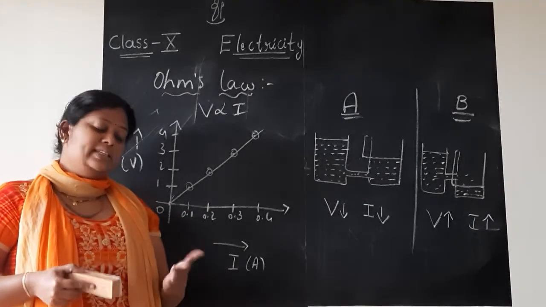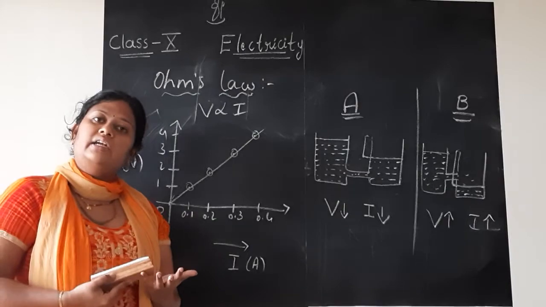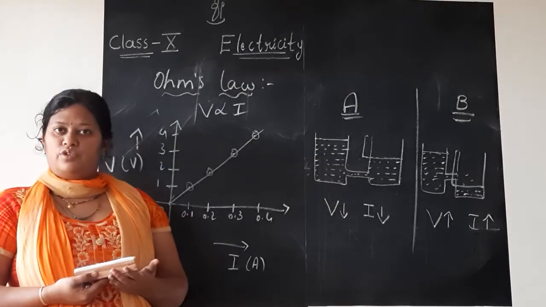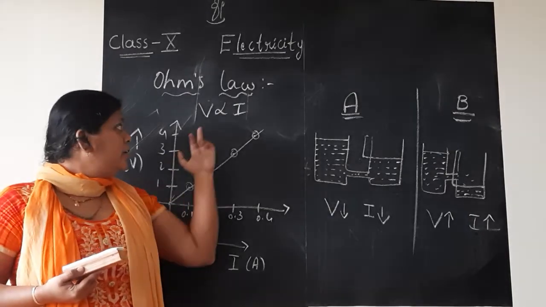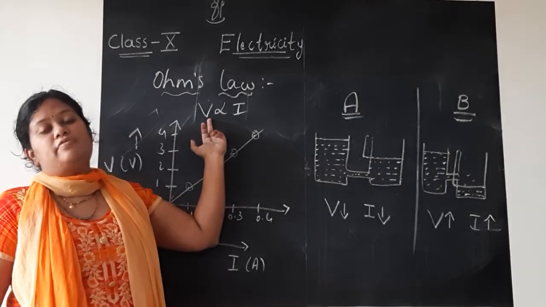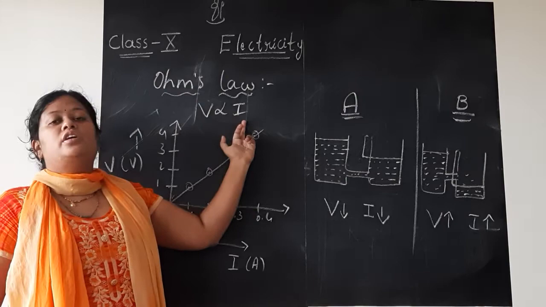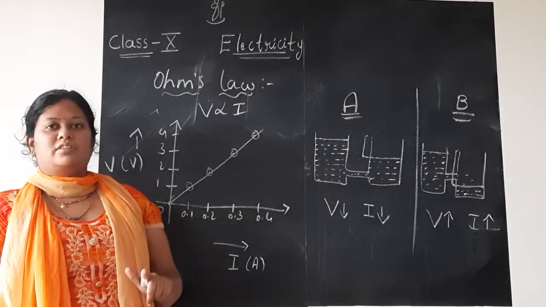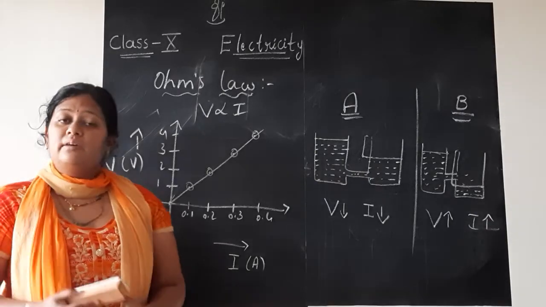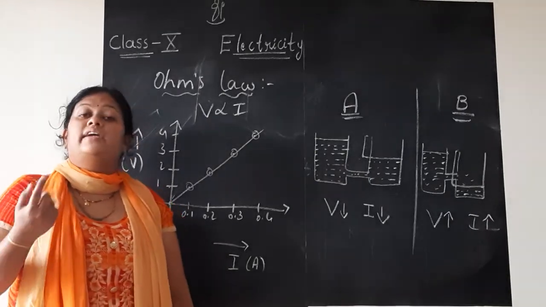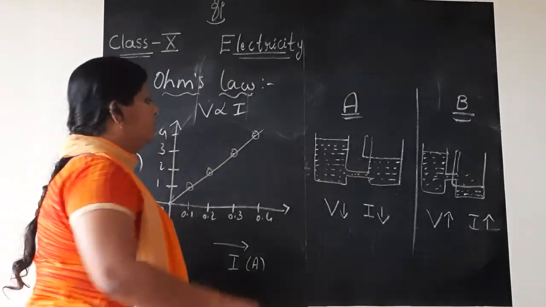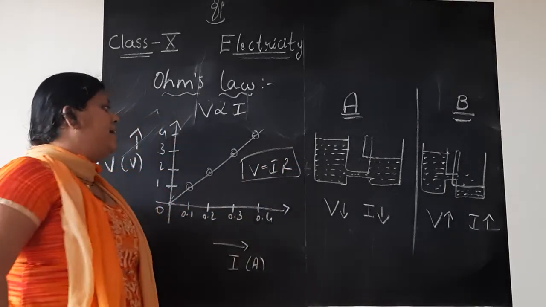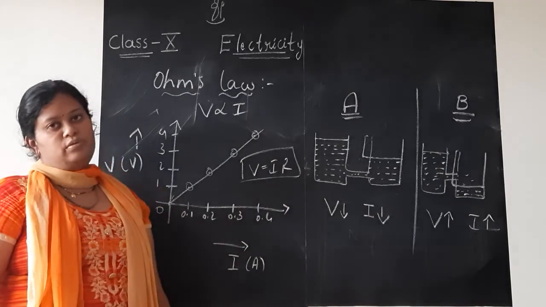What is Ohm's law? It gives us the relationship between the current, voltage and resistance in the circuit. State Ohm's law means the potential difference across any ends of the wire is directly proportional to the current flowing through the circuit, provided the temperature is kept constant. This is the statement. Write the mathematical form of Ohm's law and explain the terms. This is the next possible question. What you will write? V is equal to IR and explain each term with its units.